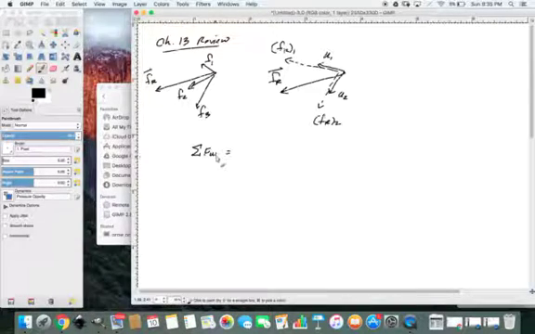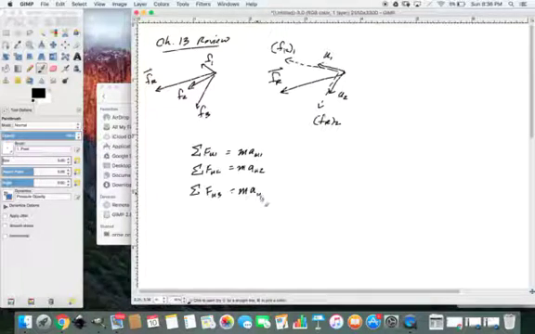So the sum of forces in my first direction gives me mass times acceleration in that same u1 direction. Likewise, the sum of forces in the next direction will give me acceleration in that direction. On to the third component. So really,